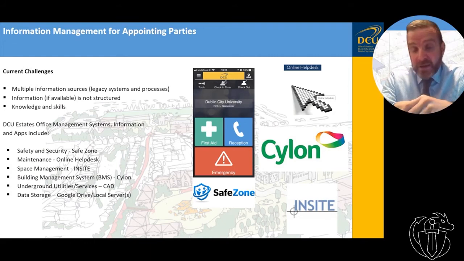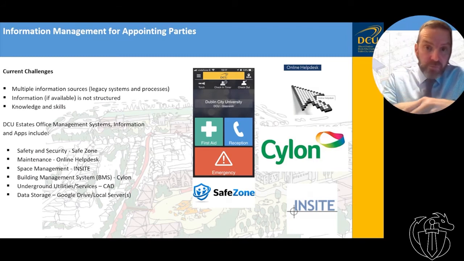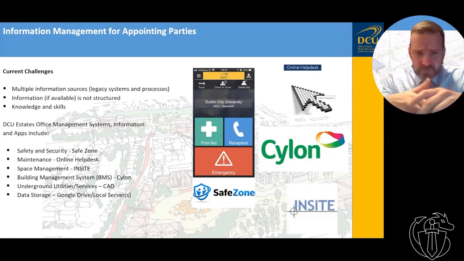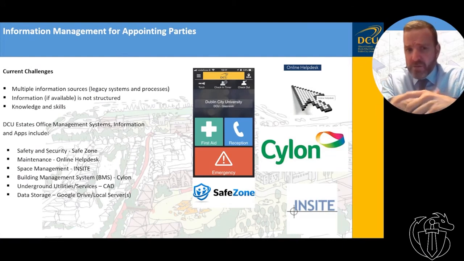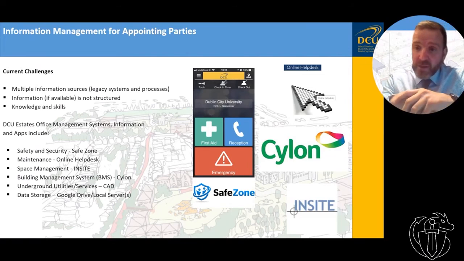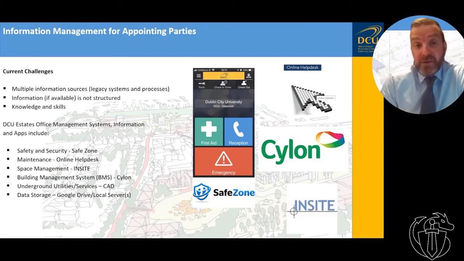It's not dead end information, but it's looking at that information and seeing how we can bring it together and make it become more useful, make it become more productive, make it more accessible to everybody. And also the last item on the list, in terms of a common data environment, we don't currently have one within DCU. So what we do is we have a local server, or we just use Google Drive. And what we're trying to do on smaller projects is set up project teams so that they all have a space within which they can work. And until we actually have a fully functioning CDE, this is the best solution that we can come up with.